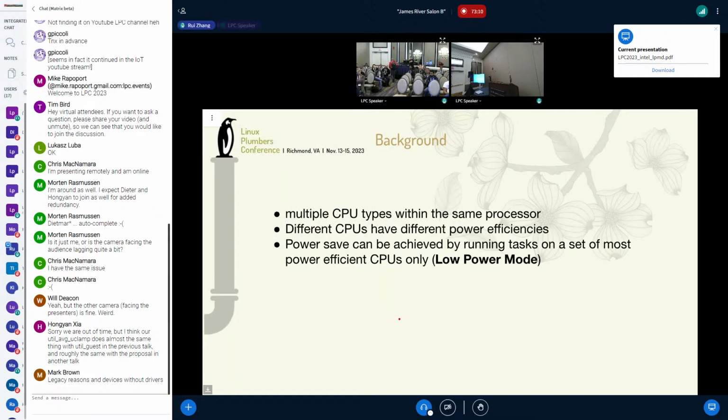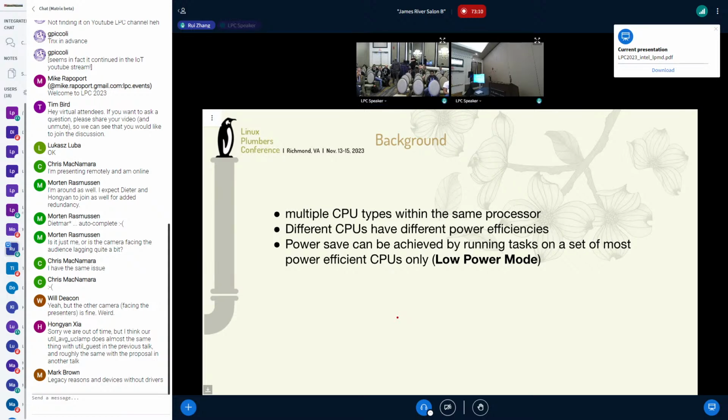Okay, some background. On Intel hybrid platforms, there are multiple CPU types within the same processor, and different CPUs have different power efficiencies. So in some scenarios, if we run tasks on the set of most power efficient CPUs only and leave the other CPUs idle, power saving can be achieved.